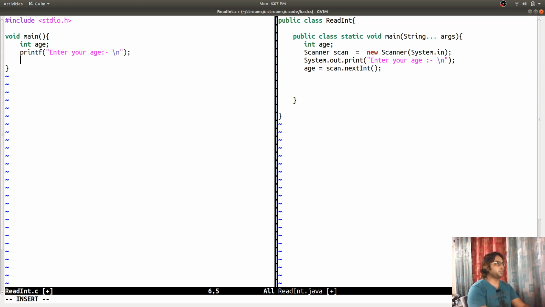So I'm going to read age from the user. For that we use a scanner in this case.